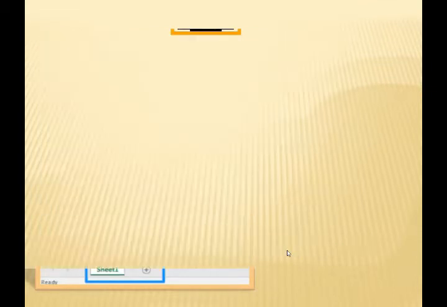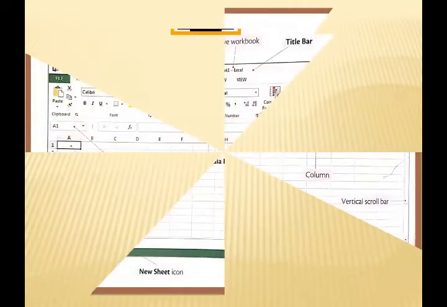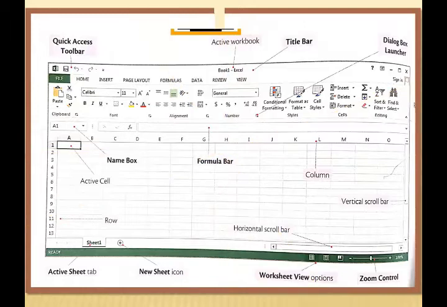Now this is the full view of the Excel sheet. This is how the Excel sheet looks. As I've told you, this is a cell, and if we are working on it, we call it the active cell. This box is called the name box. This is the name box, and this FX is called the formula bar. This tick is used for the enter key.